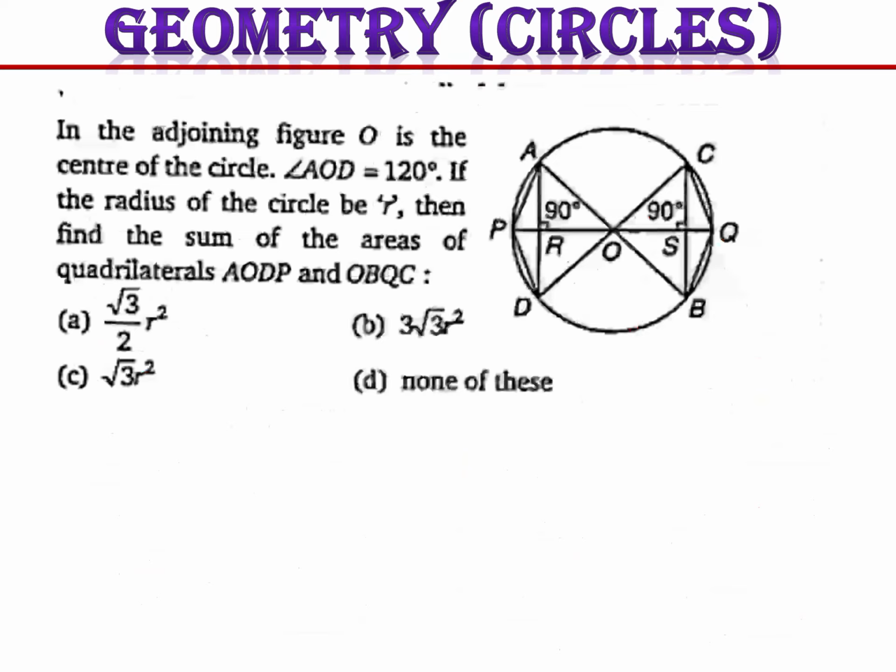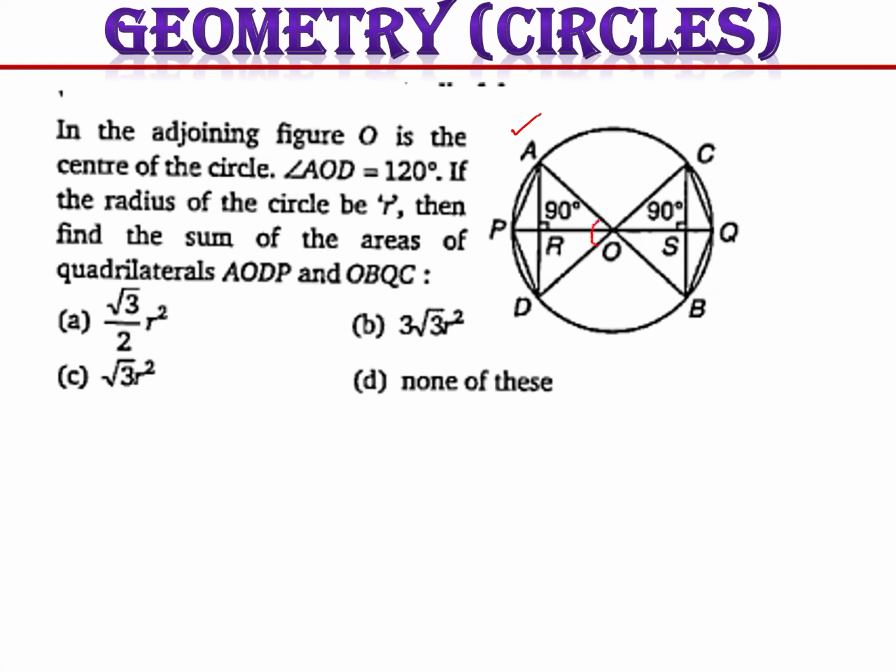See, the figure seems to be very complicated, but it's a very simple question. You can see triangle OAP and triangle OCQ. If you see the left hand side, triangles OAP and ODP will be similar to each other. So I will just find the area of the triangle OAP and then multiply it by 4. Now in order to find the area of the triangle AOP, you are given that angle AOD is of measure 120. This whole angle is of measure 120 degree.